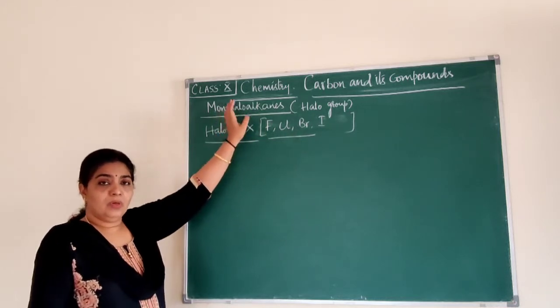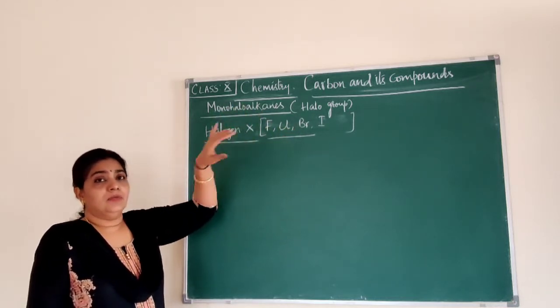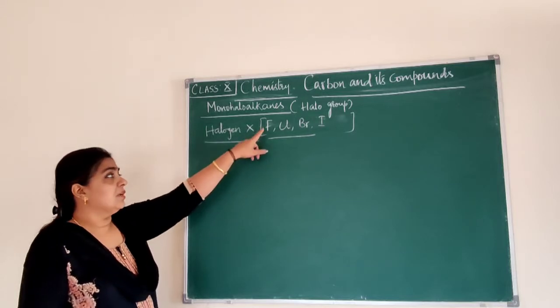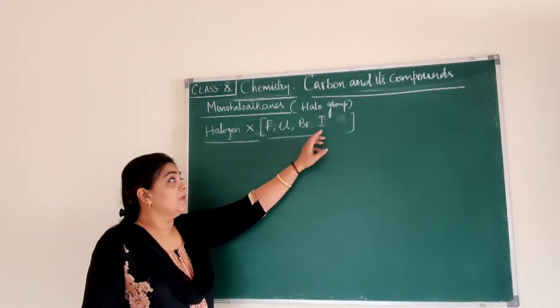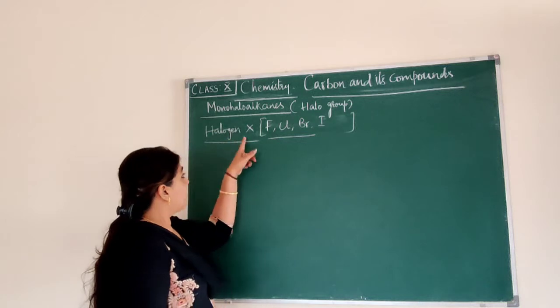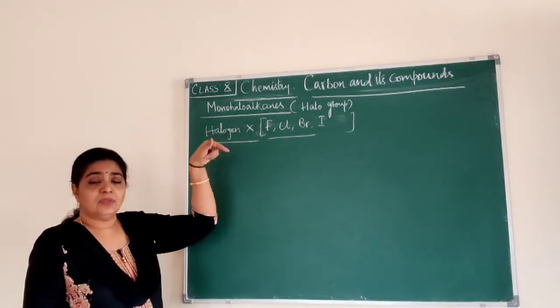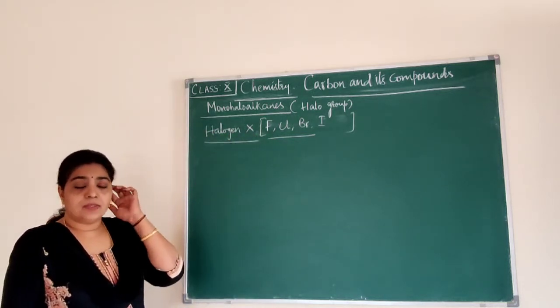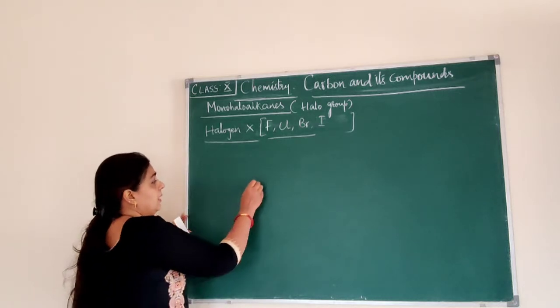Monohaloalkanes. So which are the halogens? Halogens are fluorine, chlorine, bromine and iodine. Halogen is usually represented as X. Okay. So now for example, let me take